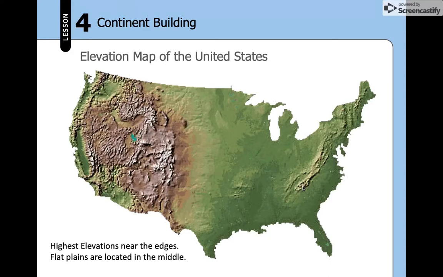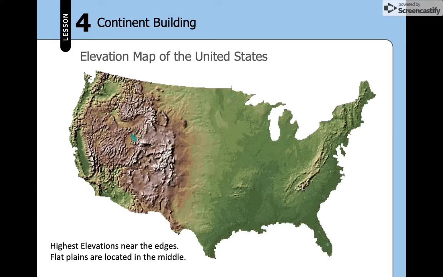So this is a map of the elevation in the United States. And so the darkest reddish colors are going to represent the highest elevations. And then the lighter yellow colors are going to be in less elevation. And as we get down into the darker greens, we're getting down closer to sea level. So you can see that on the very west coast out there around the San Francisco Bay Area, and then all along the east coast